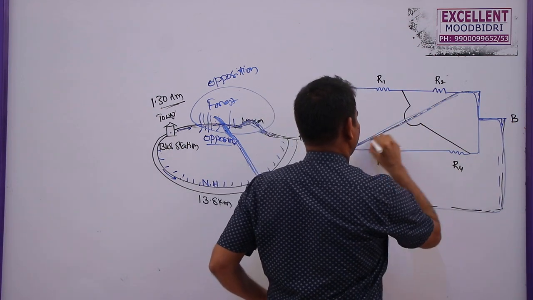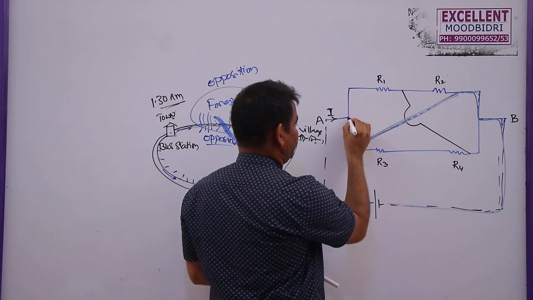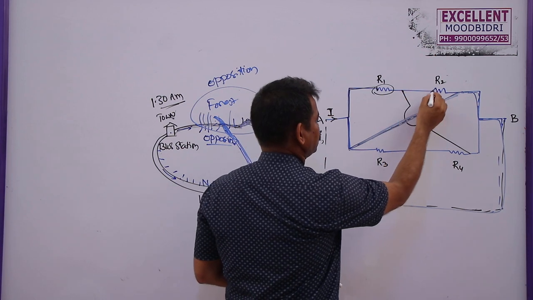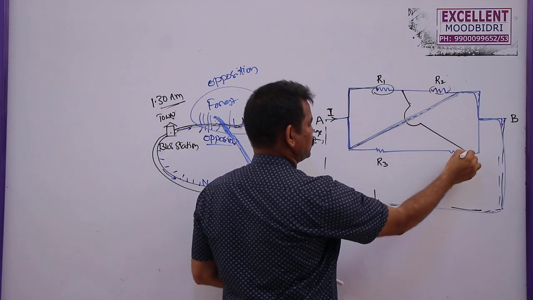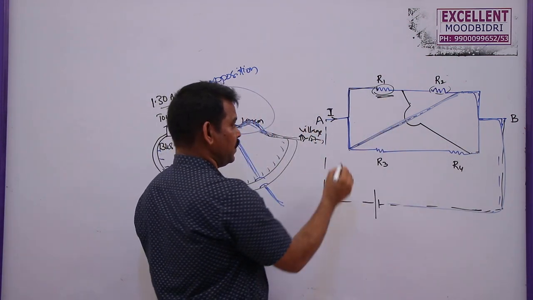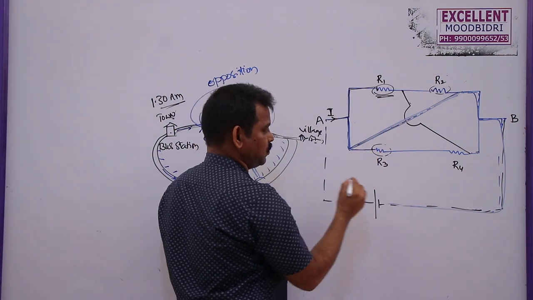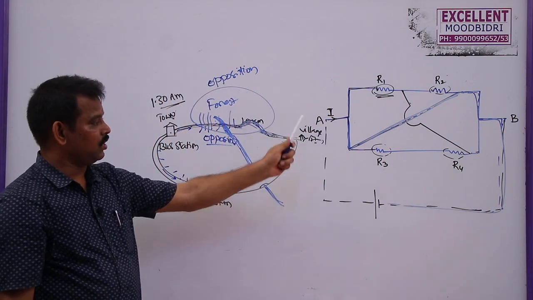This is a national highway because there is no resistor in its path. Whereas if you choose the other paths, here there is a resistor. After that it has to cross one more resistor, or even if it comes here, this is a smooth path only, but it has to cross the resistor here. Similarly, if you choose this one, it has to cross one resistor here, 2 resistors here. So which is the best path for the current to travel now?